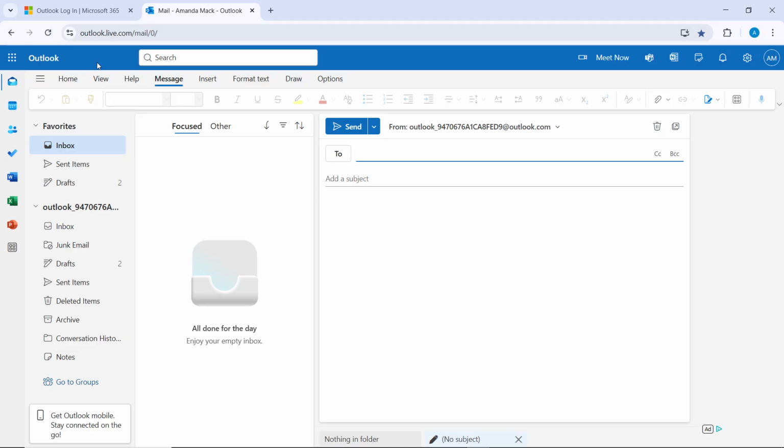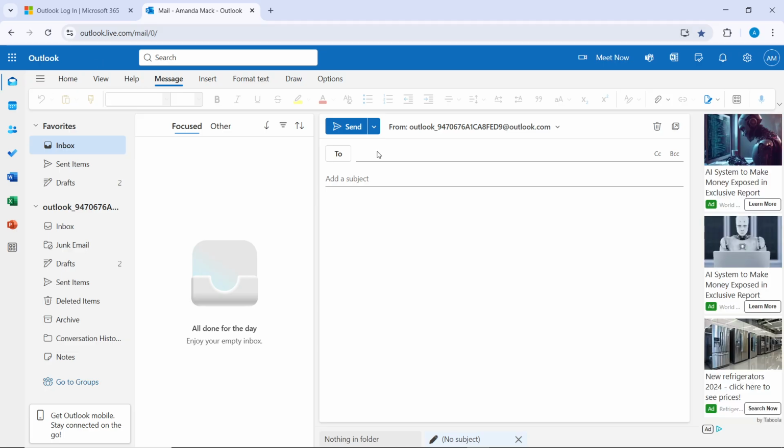Now in the to field, you can type the name of the group that you have. That's if you already added people. I'm trying to see if I can tap it. It's not showing up yet, but you can go ahead and type the name of the group that you created. Outlook will also suggest the contact list, so just click it to insert